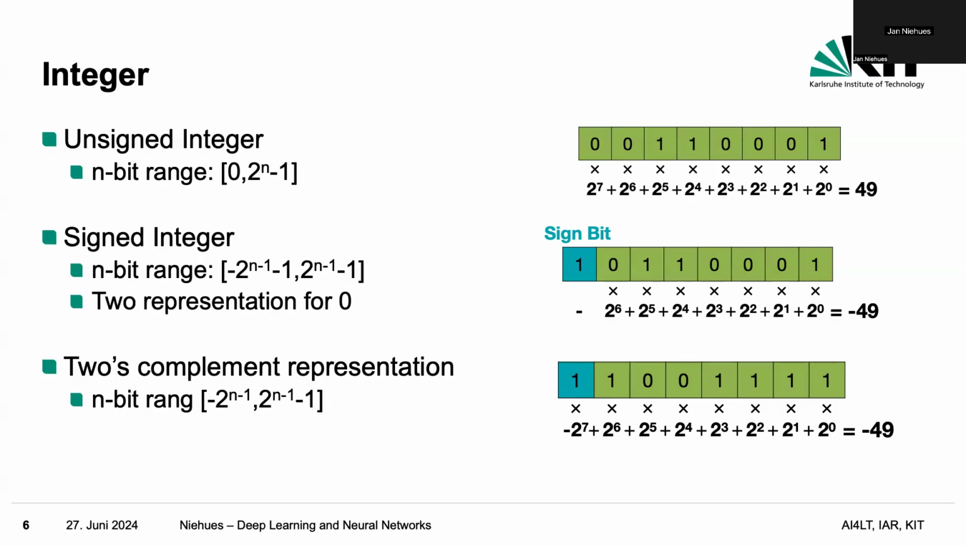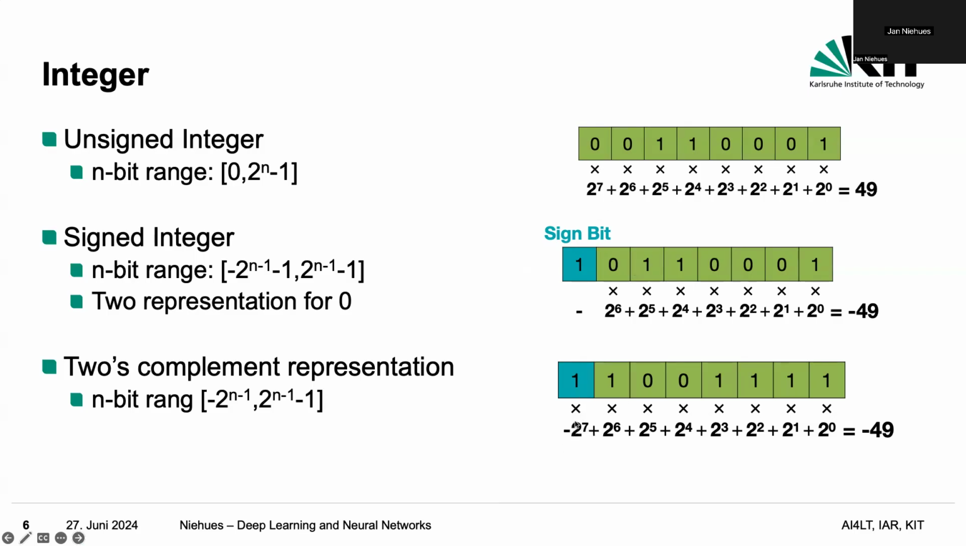So if you have all the others here behind, it's 0, and then you have a plus 0 and a minus 0. And that, of course, might make things a bit more complicated to calculate. But typically, things are stored in the two's complement representation, where it's a bit like the first, but the sign